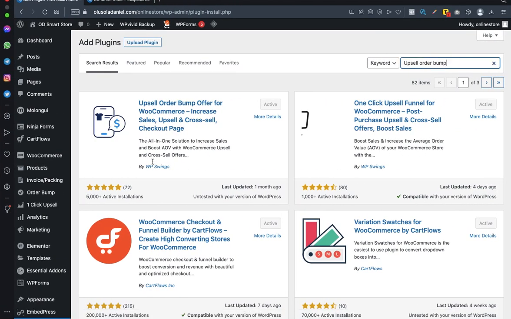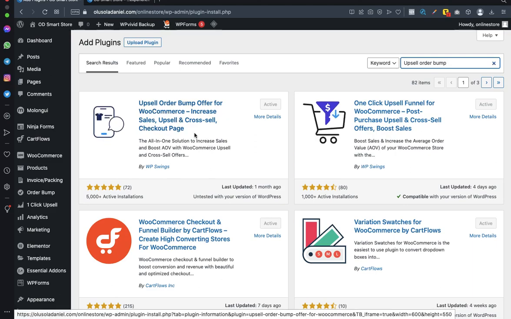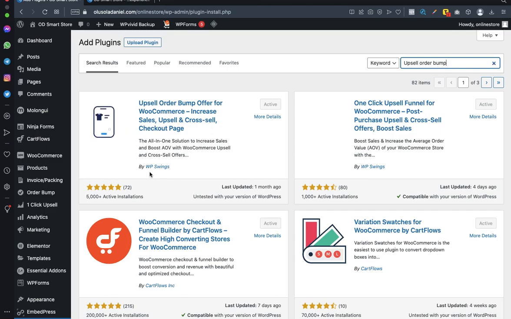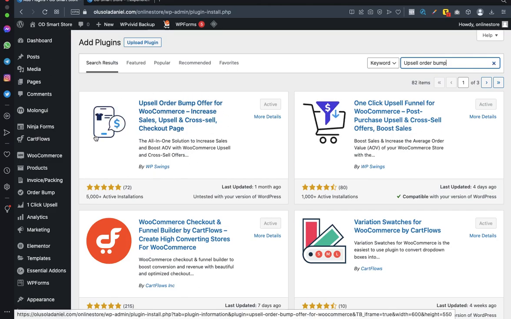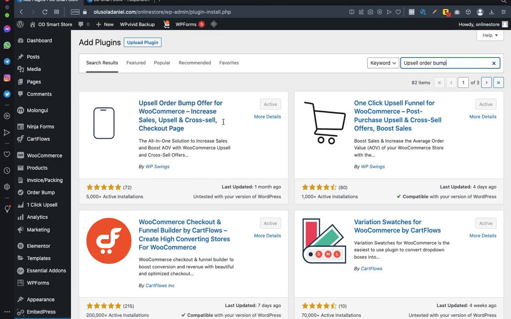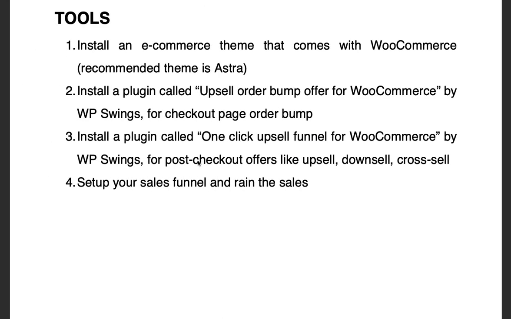And make sure once again that the one we are installing is particularly by WP Swings. That's WordPress Swings, because we have a lot of these order bump plugins like this, but I'm recommending this particular one, WP Swings. Maybe in the nearest future, if I get something better than this, then I will let you guys know. But right now, go with this, particularly by WP Swings. So the next step here now is